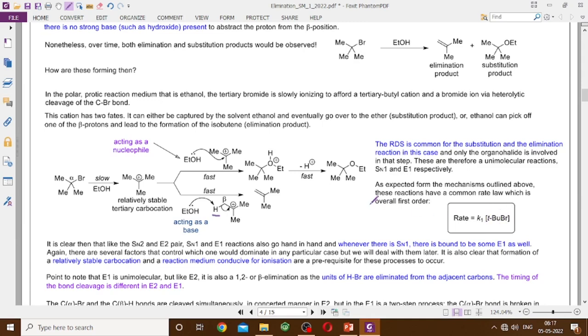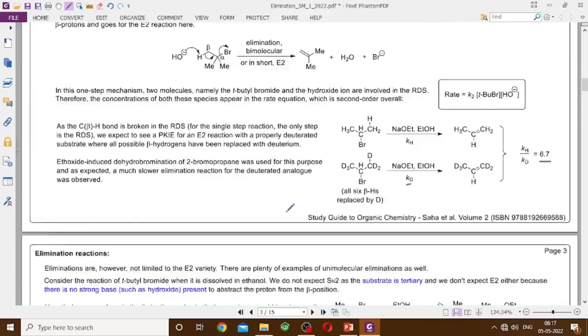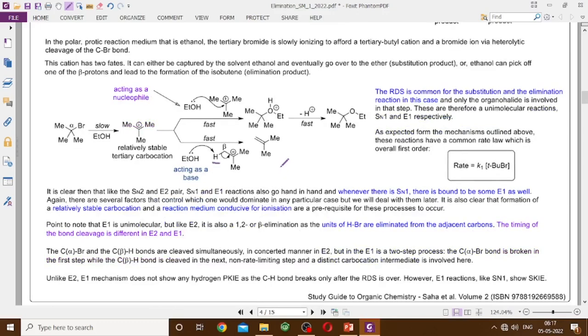And these reactions are known as SN1 for the substitution reaction and the E1 for the elimination reaction, the one signifying the molecularity. যেমন SN2 E2 ওটা molecularity বোঝাচ্ছিল, দুটো মলিকিউল ইনভলভ ছিল রেট ডিটারমিনিং স্টেপে, একটাই স্টেপ, ওটাই রেট ডিটারমিনিং স্টেপ, তাহলে এখানে আমরা এটাকে E2 বলবো। এখানে আমরা সেরকম বলছি যে এটা হচ্ছে SN1 প্রোডাক্ট, এটা হচ্ছে E1 প্রোডাক্ট। Therefore, just like SN2 E2 যদি সাবস্ট্রেট স্ট্রাকচার পারমিট করে SN2 E2 দুটো হওয়াকে, তারা যেরকম একসাথে হয় সেরকম SN1 E1 রিয়াকশনও কিন্তু একসাথে হয়, এবং their rate determining step is the same, and they generate the two products